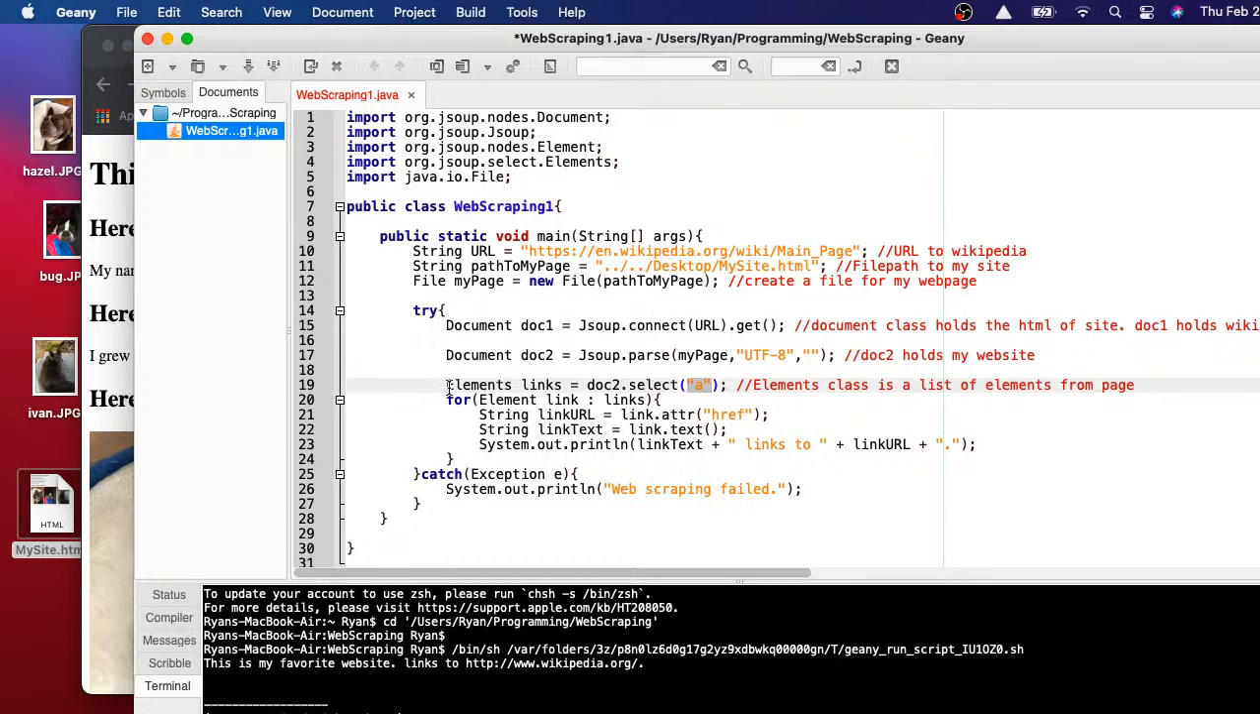So we have a list of links, but that list of links contains individual elements, which are the links themselves. So notice how I have elements here, and then I have element here. So basically, a member of the elements class is a list of single element. Okay? So this is an enhanced for loop. So I'm just iterating over each individual link in the links list. So that's an enhanced for loop,